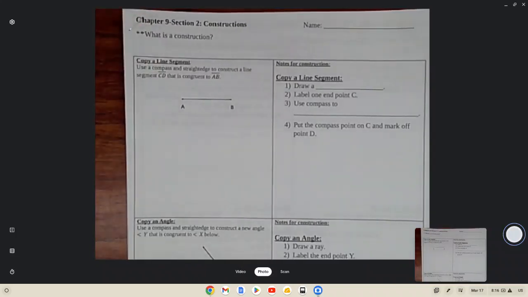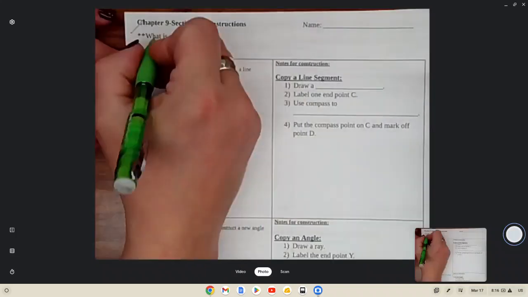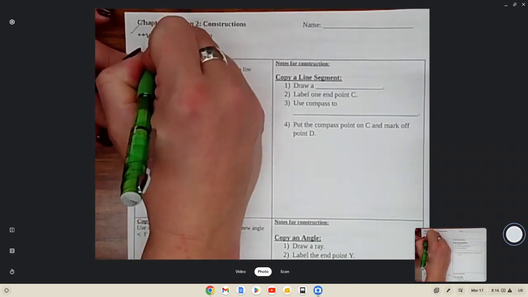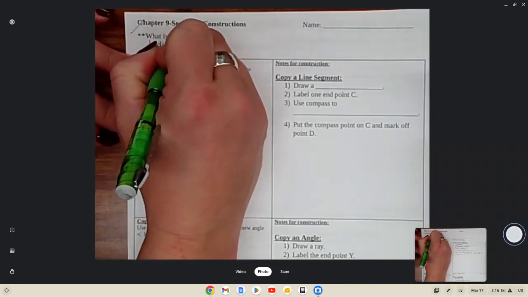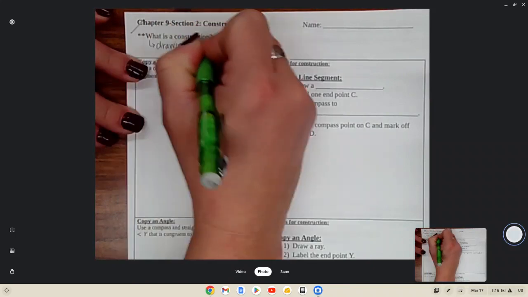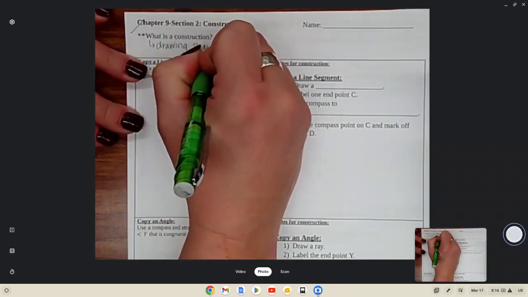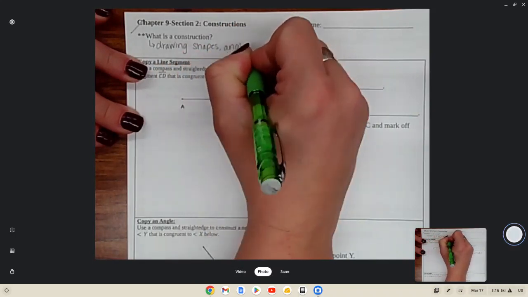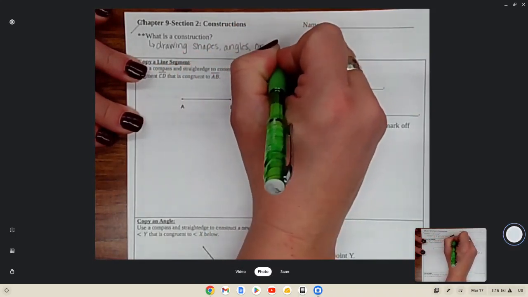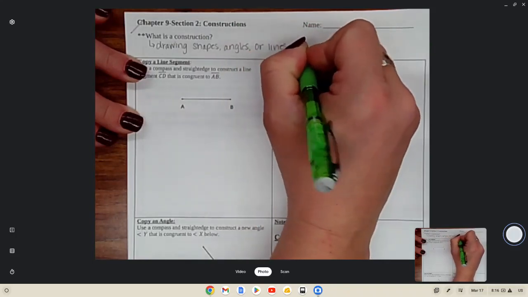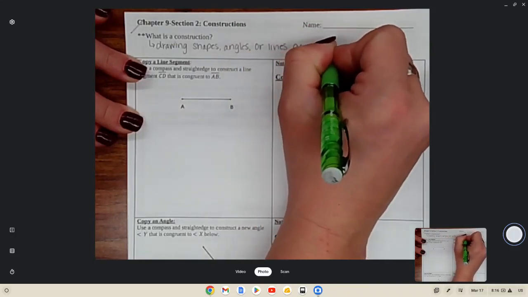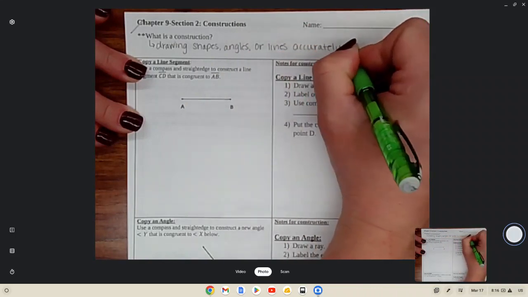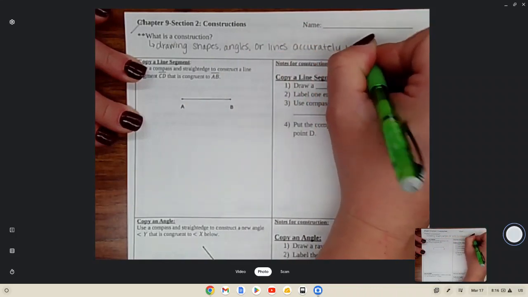All right. So let's go ahead and start by just defining what a construction is. What it means to be a construction is that you are going to be drawing shapes, angles, or lines accurately. That's important. It's going to be 100% accurate using